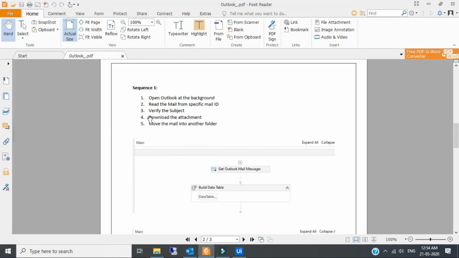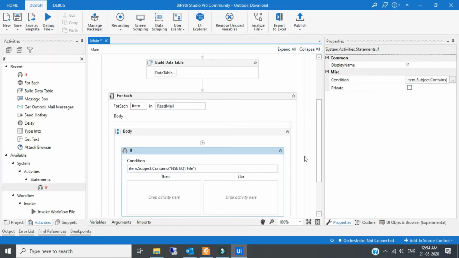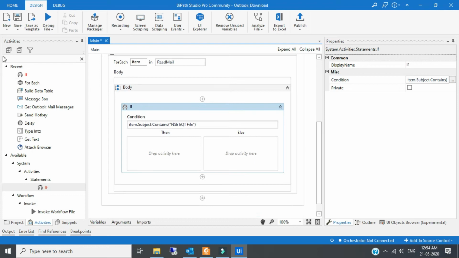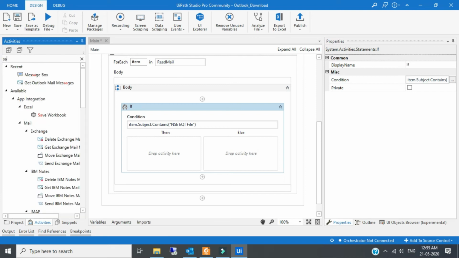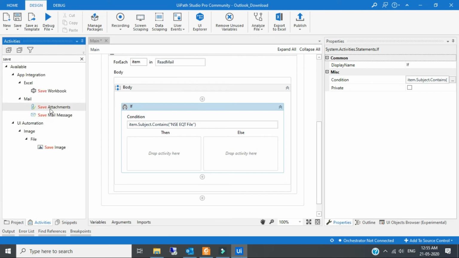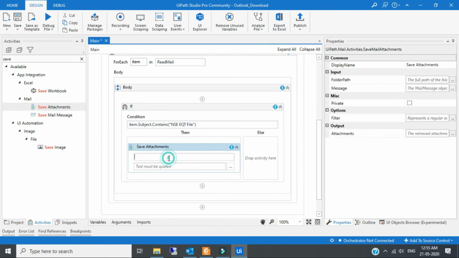Okay, so yeah, if the mail contains the NSE equity file, what is the next process we have to do? We have to download the attachment, which is the next process. So I'll go here. For that we have the activity called Save Attachments. I will search for Save Attachments and drag and drop that activity here. Here is the mail message, so I have to keep the For Each item.